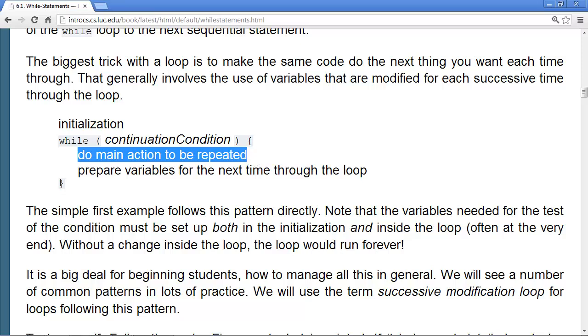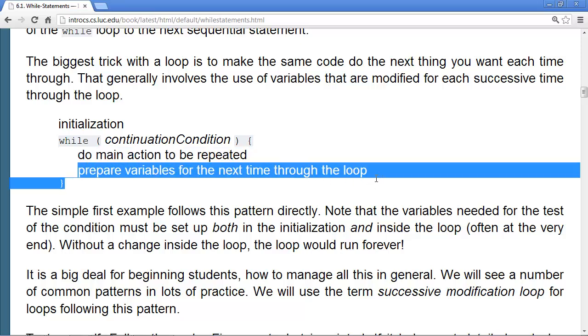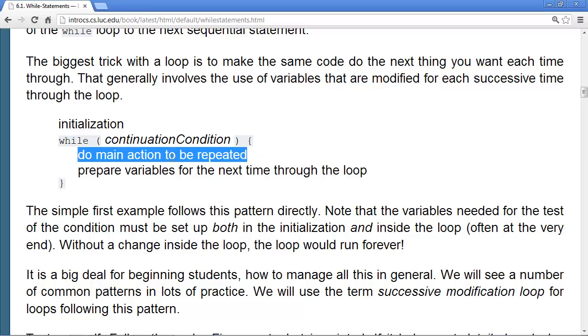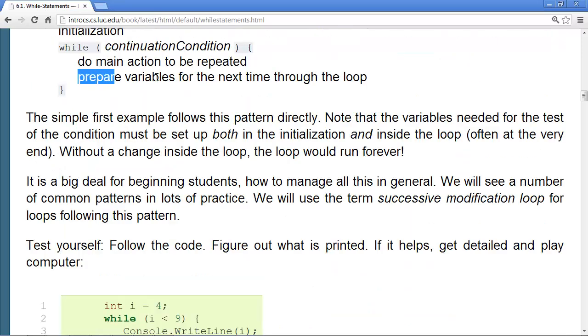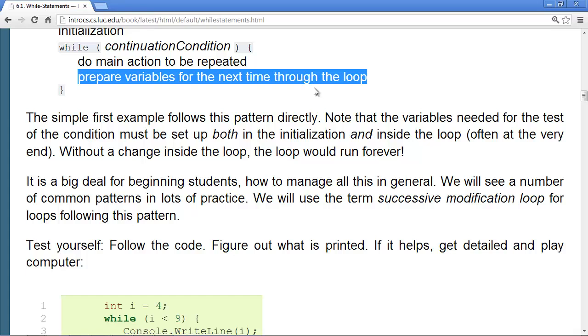But since you don't generally want to do exactly the same thing, it's important to make some changes, typically to the value of a variable, so that your variables are ready for the next time through the loop to do this same text, but with a different action because of different values in the variables. This is the most complicated part, seeing how to get set up for the next time through the loop.